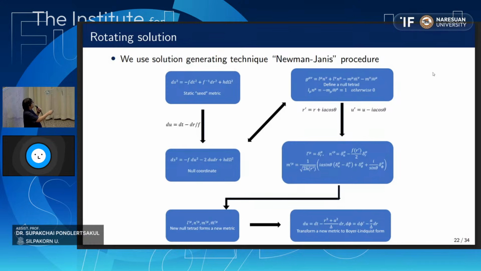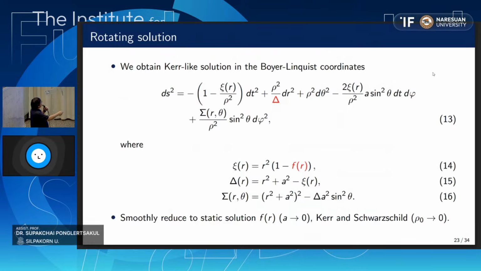where it can be described by this schematic. So basically, you start off with the static C matrix. This is the F function that I just showed you earlier, and then through some transformation, we can find the rotating counterpart of this C matrix. If anyone wants to know more details, you can come and talk to me later. I'm going to skip this really quickly.